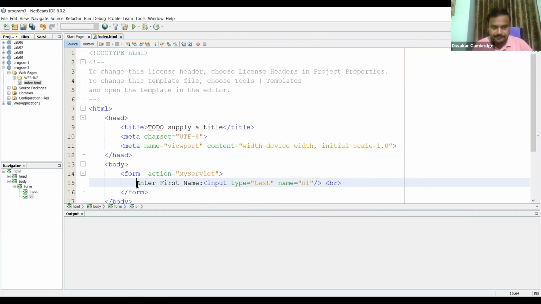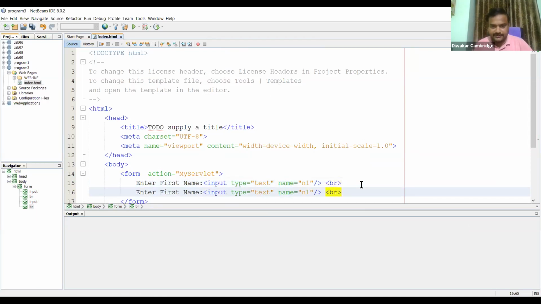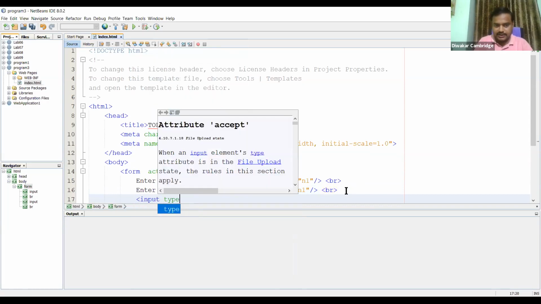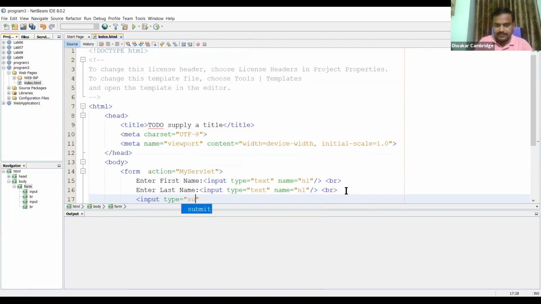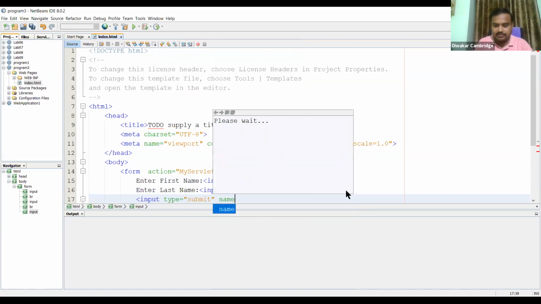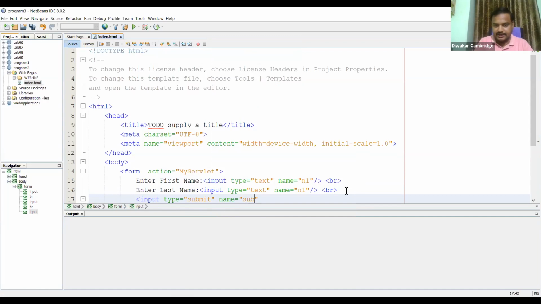The same line, I'll copy and paste. Then I'll take one more text box, enter the last name, and I'll take the submit button: input type equals submit, name equals submit.